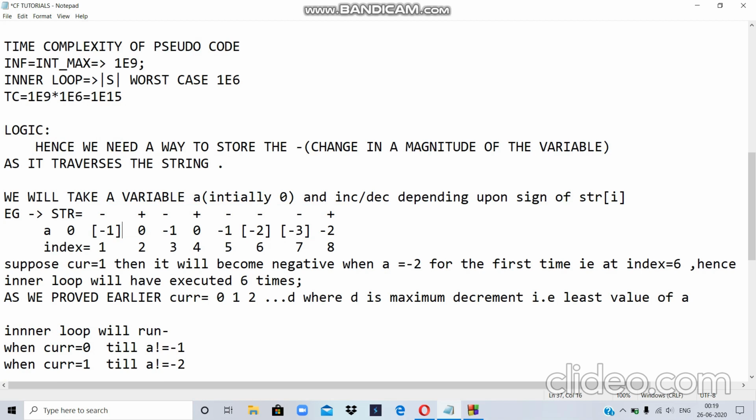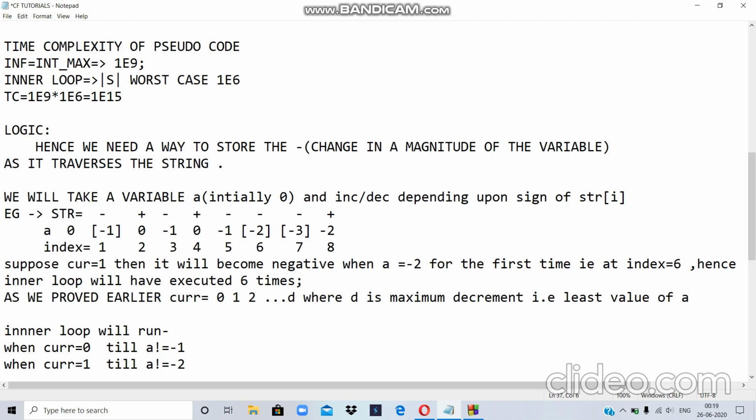Suppose I talk about this part. This part tells me the value of a over here. This part tells me that if I start with a variable, then till this point there will be no change in this variable. Now suppose I talk about this part, then I can say if I start with any variable, then the variable at this point will have decreased by minus 1. So this is the change which we are storing in a. And here are the indices 1, 2, 3, 4, 5.